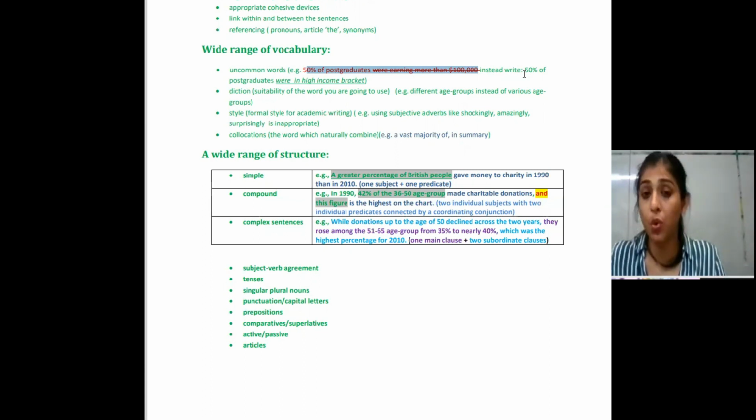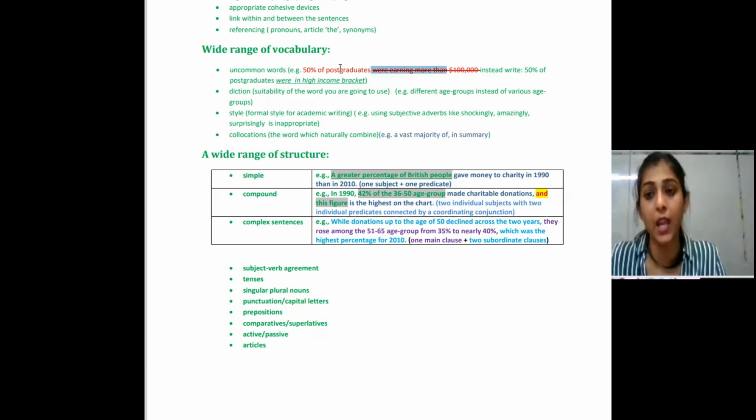Alright. If you want to show the figure as well, you can put it into the bracket. Then here, writing "were in the high income bracket" is something uncommon. Then writing that they were earning more than. Okay. So when showing a wide range of vocabulary, you need to show uncommon use